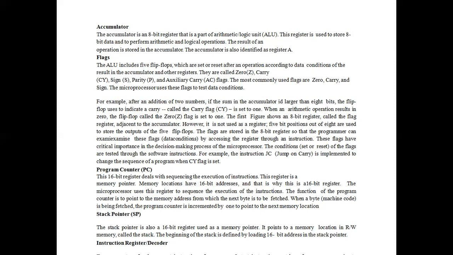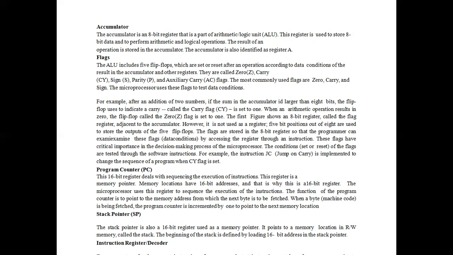These flags have critical importance in the decision-making process of the microprocessor. The conditions set and reset of the flags are tested through software instructions. For example, the instruction jump on carry, that is JC, is implemented to change the sequence of a program when the carry flag is set.